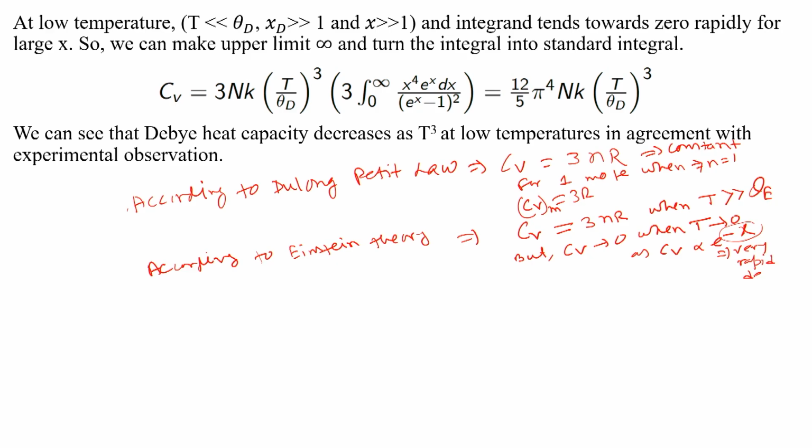So according to Einstein's theory, Cv goes to 0 when T goes to 0, but it decreases very rapidly. Whereas according to Debye theory,